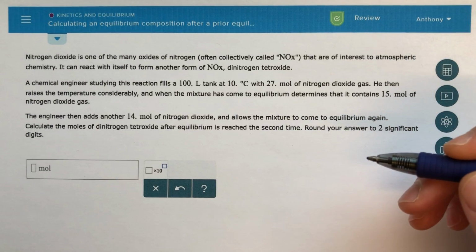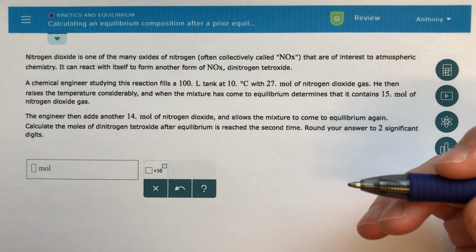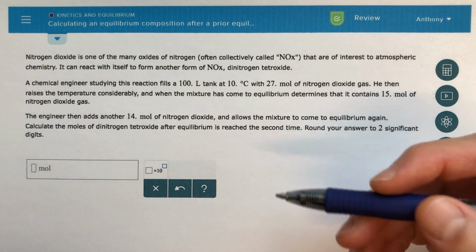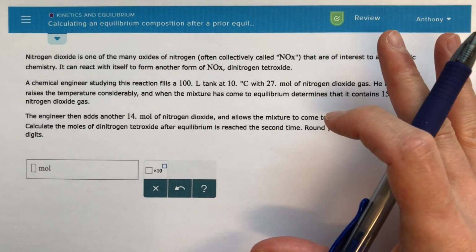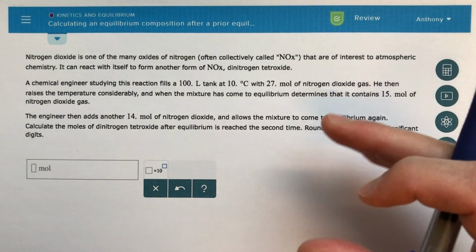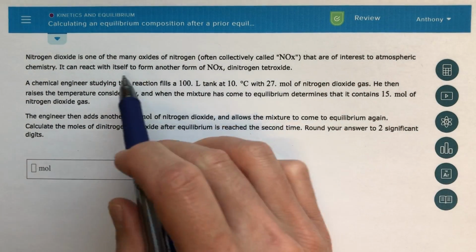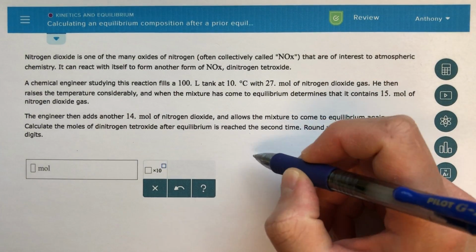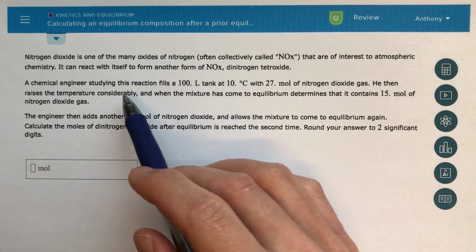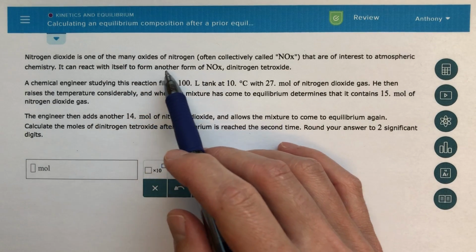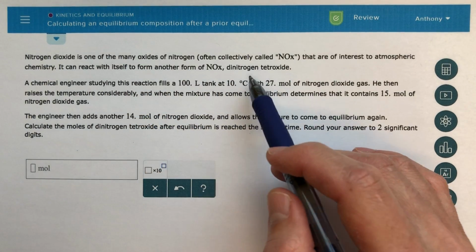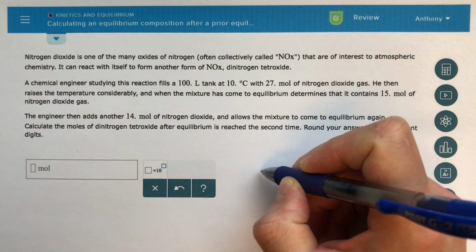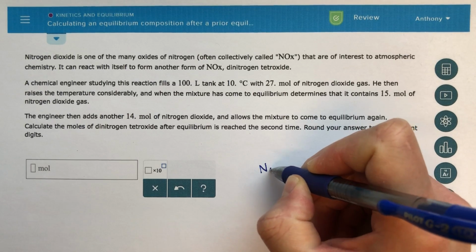The first thing that we're going to need to do is come up with a balanced chemical equation on our own. ALEKS isn't giving us the balanced equilibrium reaction to start, so we're going to have to read and interpret to figure that out. It says nitrogen dioxide is one of many oxides that are of interest. It can react with itself to form another form of NOx, dinitrogen tetroxide. So I would start by writing NO2